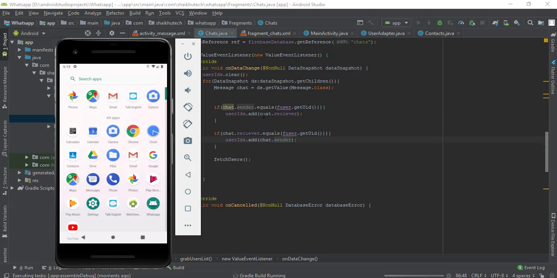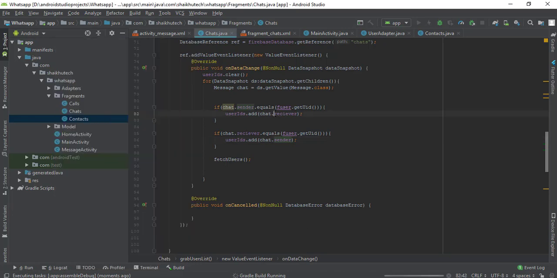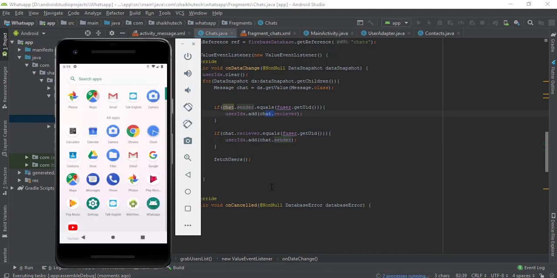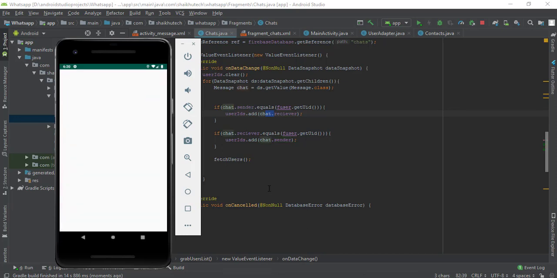So we don't need to add ourself here. We need to add the other user we have sent messages to or received messages from. Now you can see that it's showing correctly,